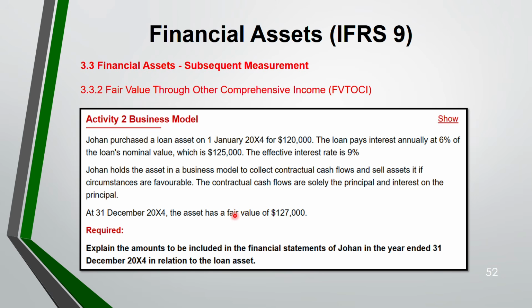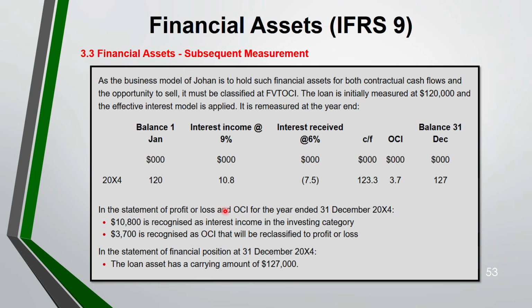So now let us do activity 2. So here what's happening? First, always start your answer with the business model. Because your business model is to hold the financial asset for both contractual cash flow and the opportunity to sell, OCI. Number 1. Number 2, initial measurement 120. Now you will apply your effective interest method. So with this 120, you only have to do it for 1 year. With this 120, you will apply the effective interest, which is 9%, and this is the interest that you have to pay,